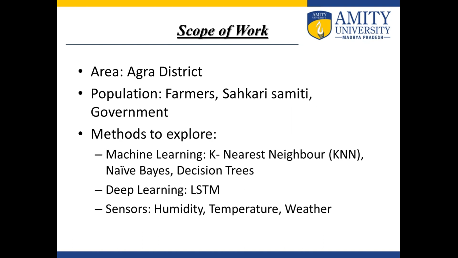My scope of work is that we can take Agra district, because we are maintaining data district-wise. In UP we have 76 districts, and we are not considering all of them because of time limitation. We are considering Agra district and the nearby districts also, because if there is some problem in Agra district, then we have to move to a nearby district. Then the population sample should be the farmers, the Sahakari Samiti people, and the government, because the government can also benefit from my study. Then the methods to explore here: machine learning method that can be